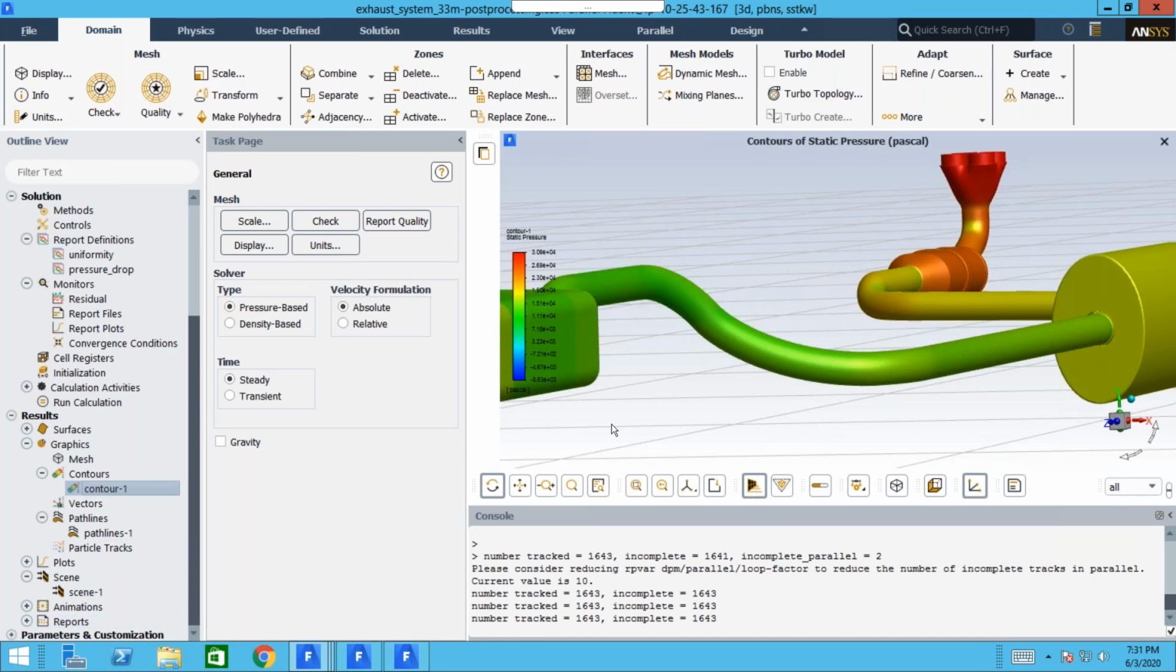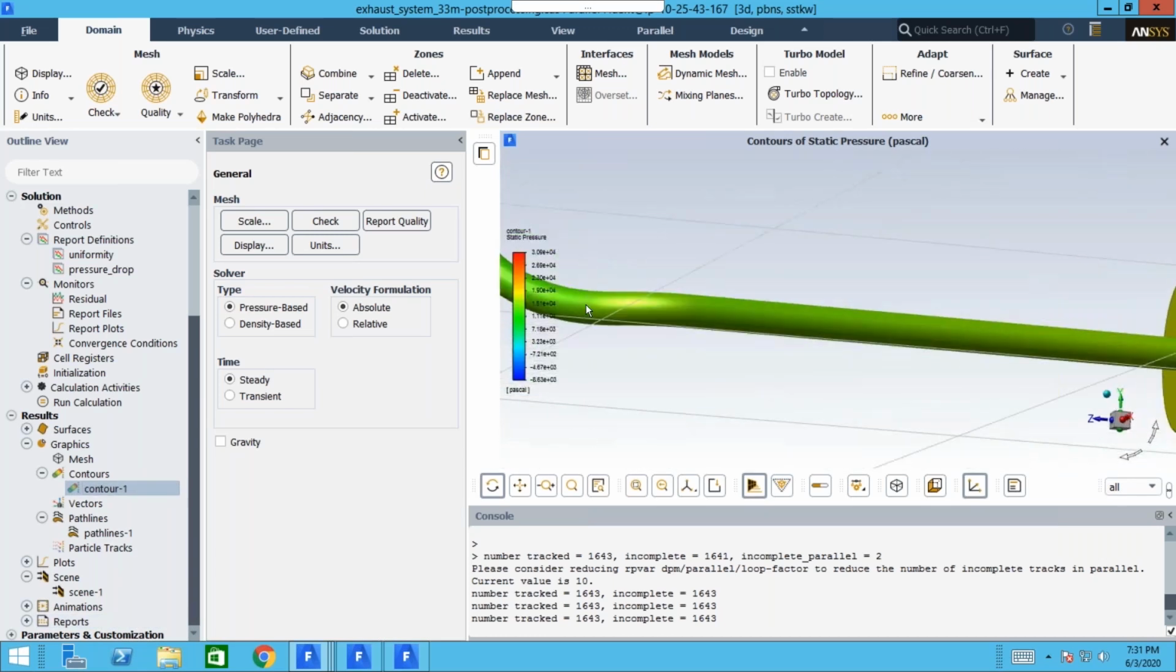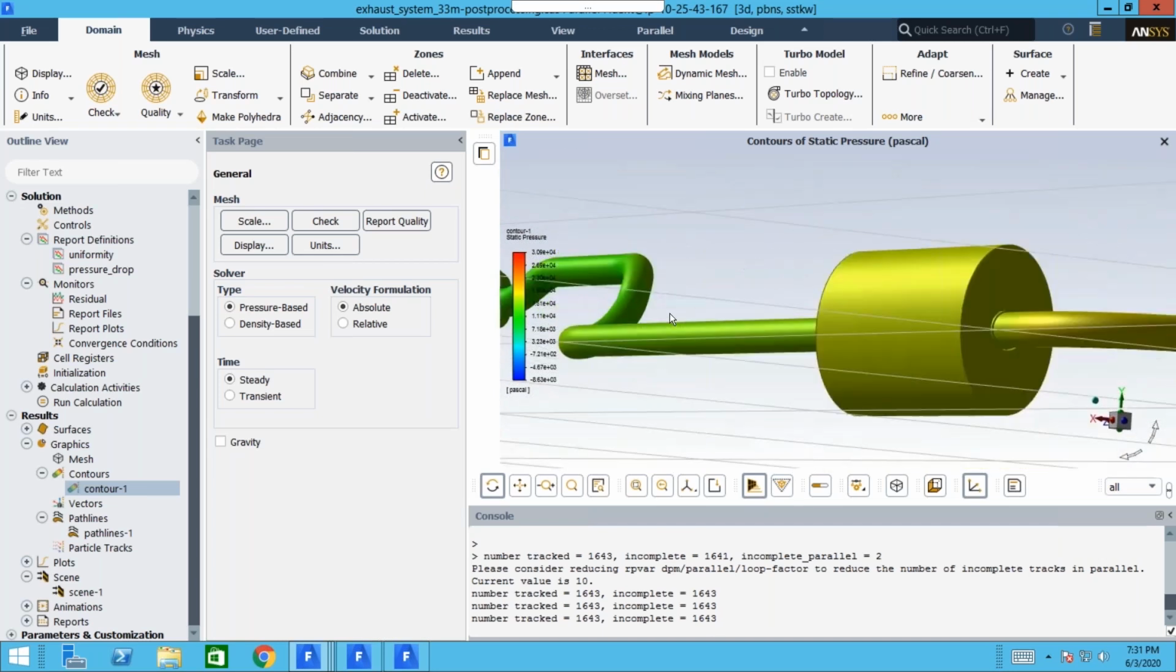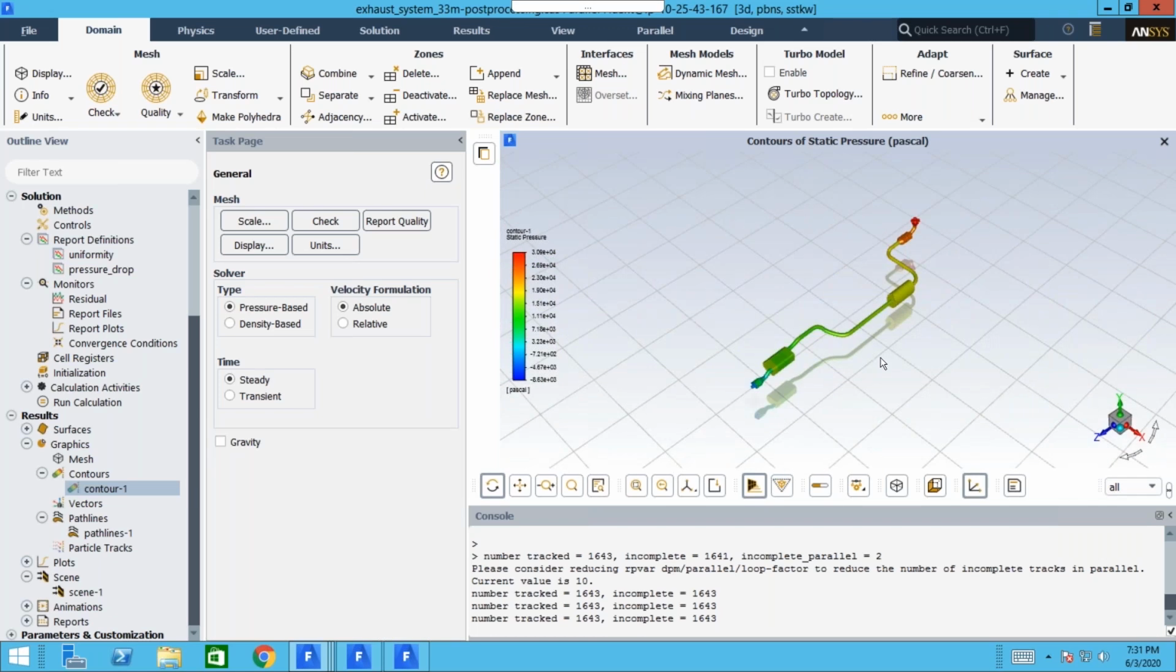We're going to look at static pressure through the system. We can move the model around again and make sure we get the view adjusted how we like it. Looks pretty reasonable. Then, of course, we could do other things as well, like maybe we want to set up